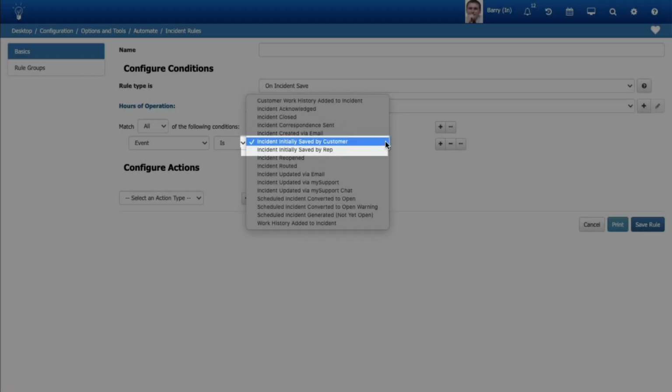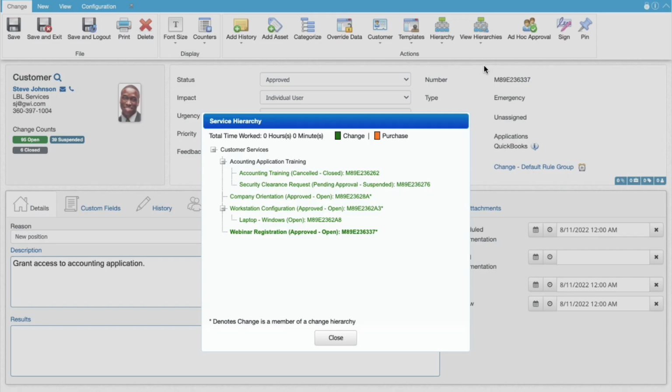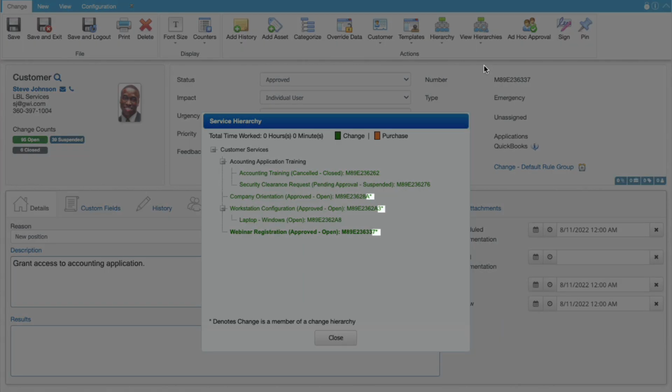The initial save rule events in rule conditions have been renamed to Initially Saved by Customer and Initially Saved by Rep. To more easily identify changes that are part of a related change hierarchy as well as a service hierarchy, you can now use the View Hierarchies menu. A notation to changes listed in the service hierarchy display now indicates if a change was created from a hierarchy